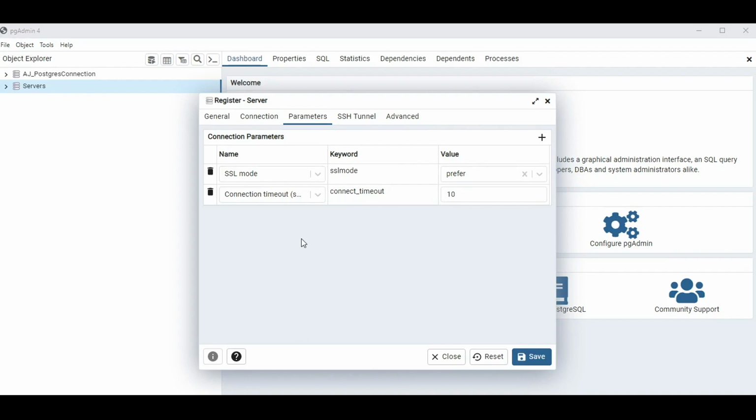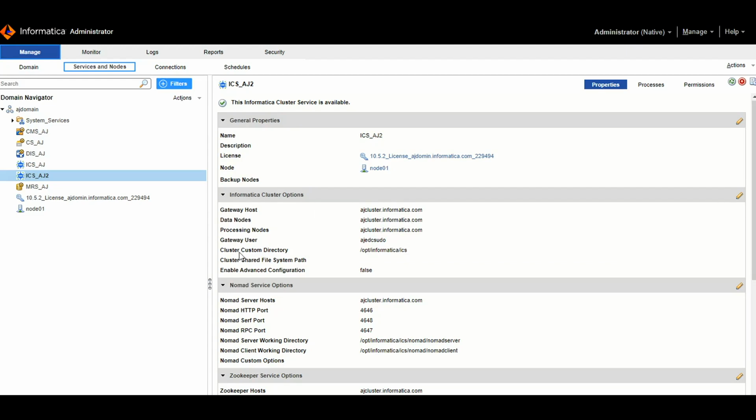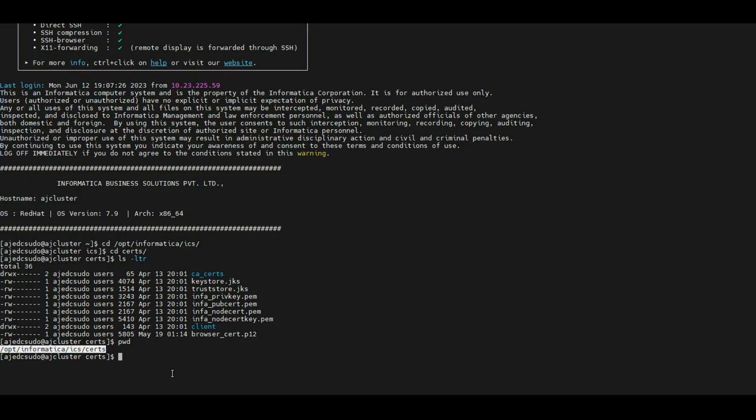So let's head over to the Admin Console again. Here we're going to have to access our Linux environment. Mine is Linux, and we're going to enter this directory right here. Here is my Linux environment, and since we've accessed our OPT Informatica ICS directory, which we got from the administrator console, we are looking for the cert folder that is inside here, and our main three certificates that we have to download to our machine are